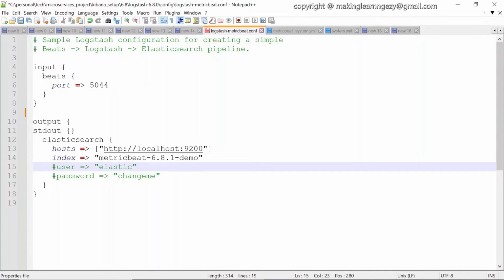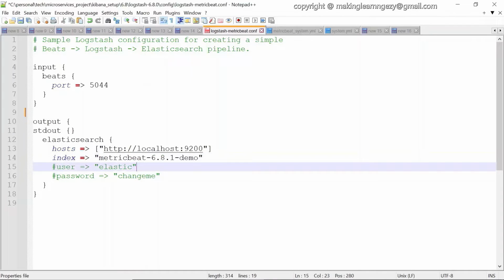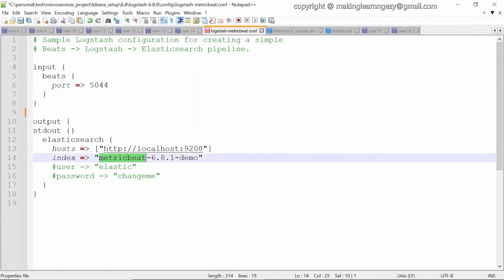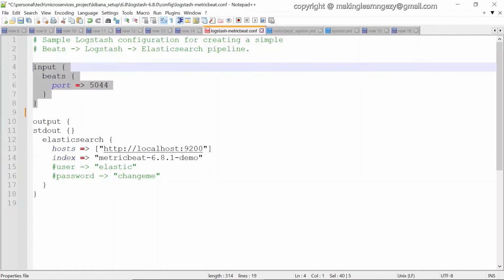Here you can use this pattern for the index name: metricbeat, the version of your Metricbeat, 6.8.1, and demo. You can use the exact one also. These are the two important configurations we need to do in the Logstash file, input and output.